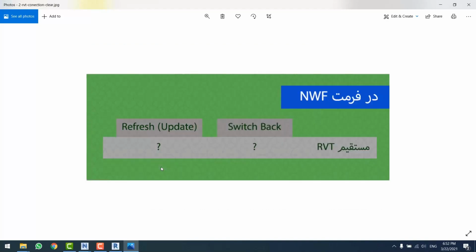But right now the question is, in NWF file type, or the type in which we carry out our projects, do we have Switchback in the condition that we directly import our Revit file into Navisworks? So do you think we have Switchback if we directly import our Revit file into Navisworks? What about refresh or update? So I just want you to think about this. So in the continuation, let's check whether we have Switchback or refresh or updating while importing a Revit